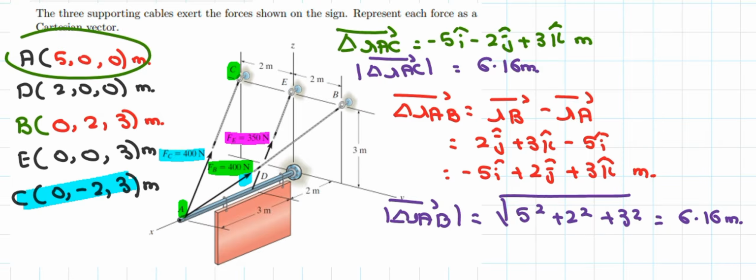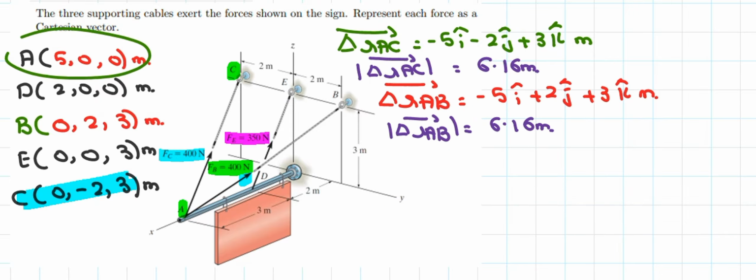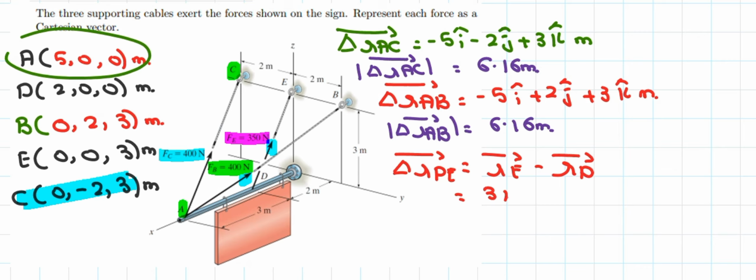Now let's talk about the position vector of RDE. If you see that the head of the FE force is directed towards the point E, it means that point E is the final point and point D is the initial point. So the position vector of RDE is written as delta RDE, which is equal to RE minus RD. The location of RE is nothing but 3K, and the location of RD is nothing but negative 2I. Now rearrange this so it will become negative 2I with positive 3K meter. This is basically the position vector of RDE.